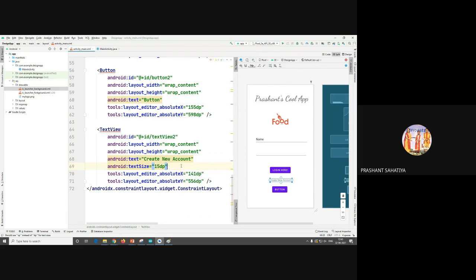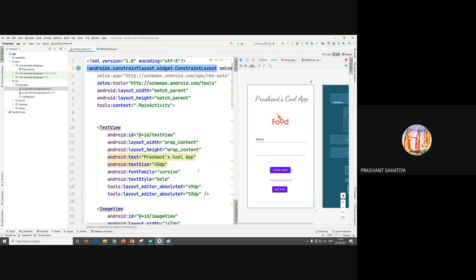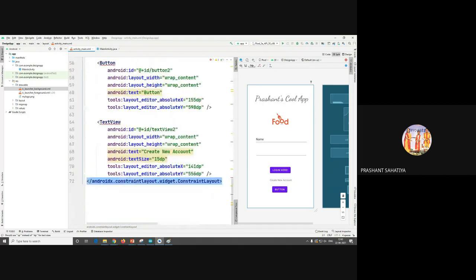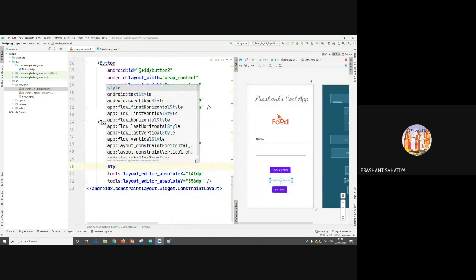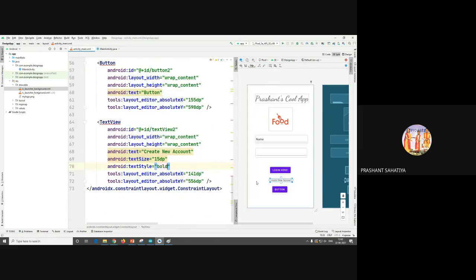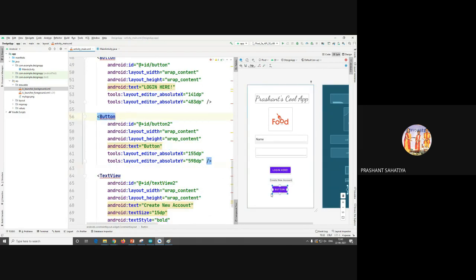Okay, so that is a simple thing. और उसको अगर bold करना है तो आप bold कर सकते हैं. Okay, go in this portion, select the style of it, text style, and do bold. So now it is clearly visible, that is create new account. And this button I need to change. It should be showing Register. Just a minute, I need to do capital Register here. That's it. इसको हम center में ले लेते हैं.